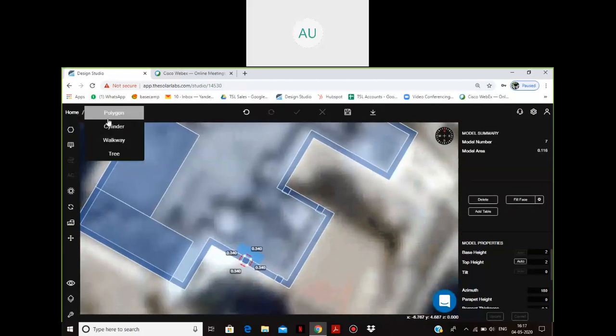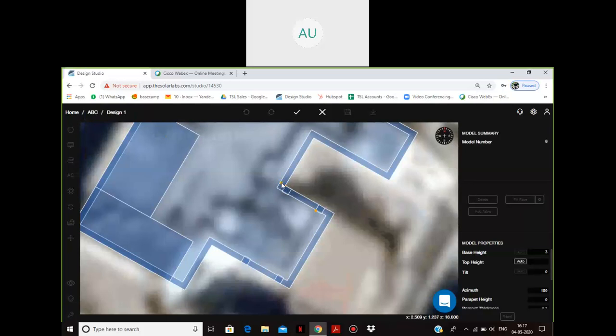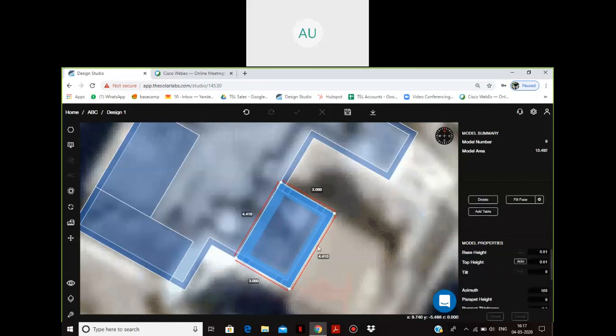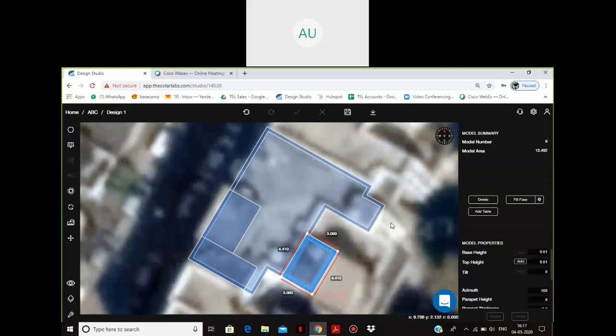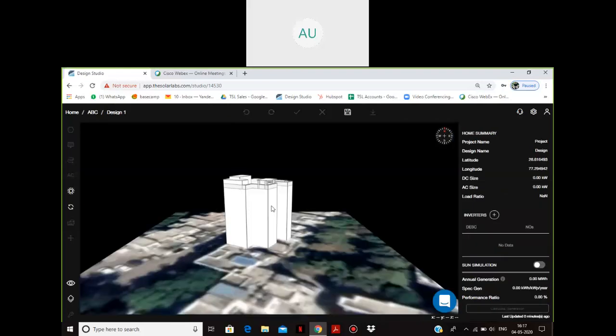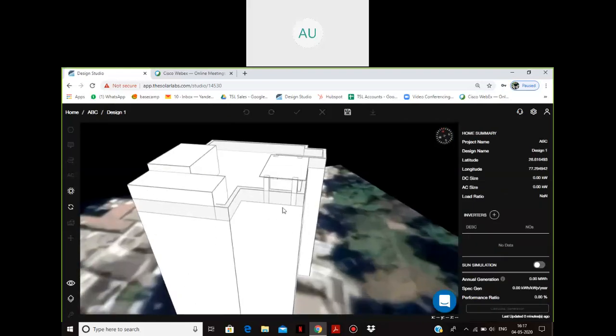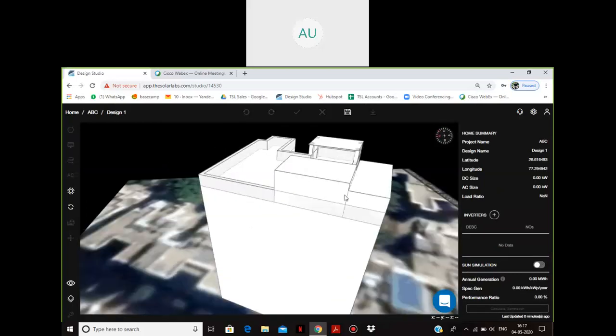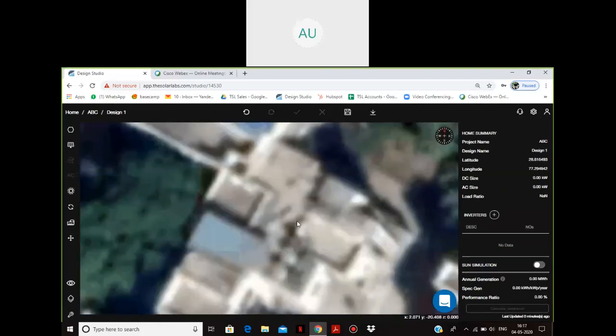Now I have to make a shed kind of structure. I'll again take a polygon like this. I'll keep its height as 0.01, mark this as not placeable, and update. I'll just show you once how it's looking in 3D till now. Here you can see I had made 4 pillars, they have come up, and a shed kind of structure has come up over here. All the obstacles I had drawn have come up in 3D. I'll go back.